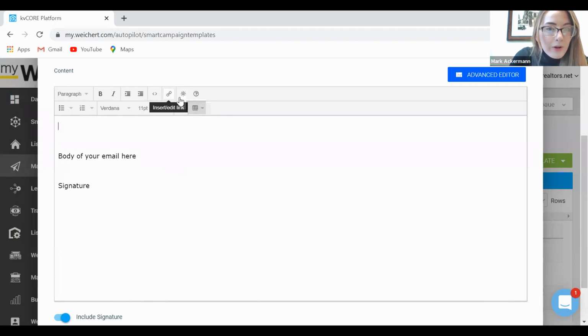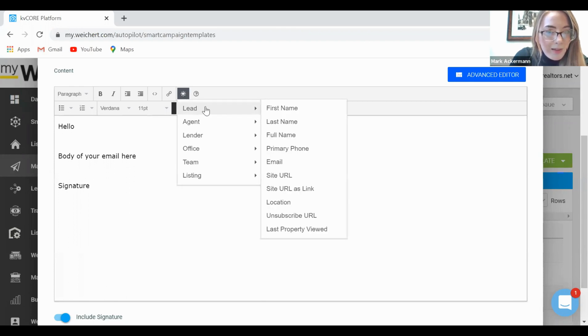But there are things called merge tags that you can use both in your emails and your text messages. What that does is automatically pull that person's information. So let's say you wanted to type an email, but in each email you wanted to say hello to that person's first name. So hello, John, hello, Jane, what have you. So you would do hello and then insert a merge tag. It's this little icon that looks like a sun. And it would be the lead's